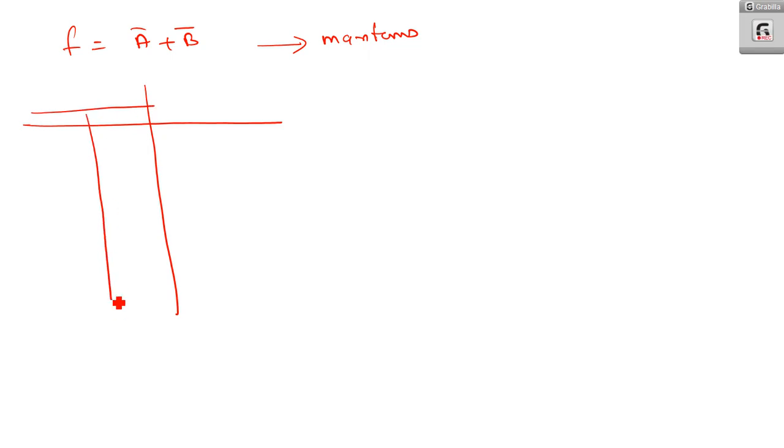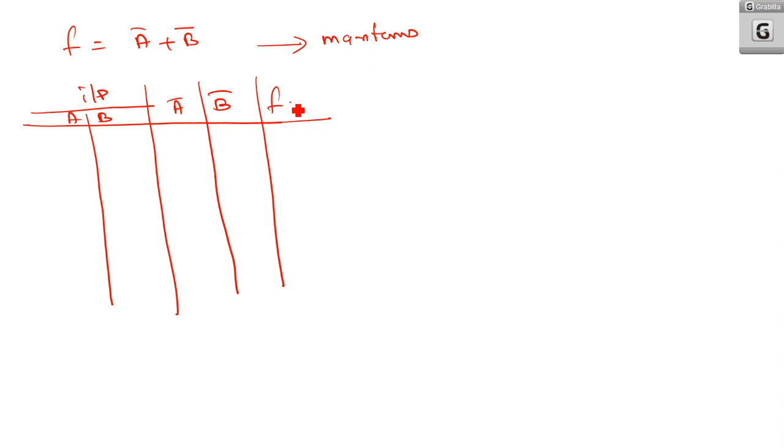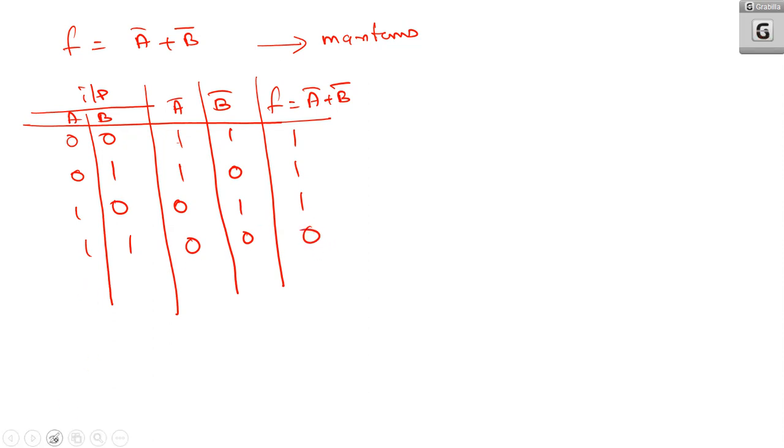So you can write A, B as inputs, A bar, B bar, and last is f. f is equal to A bar or B bar. So it is 0, 0, 0, 1, 1, 0, and 1, 1. What is A bar? 1, 1, 0, 0. What is B bar? 1, 0, 1, 0. So A bar or B bar becomes 1 or 1, 1; 1 or 0, 1; 0 or 1, 1; 0 or 0, 0. So here the corresponding decimal equivalents are 0, 1, 2,